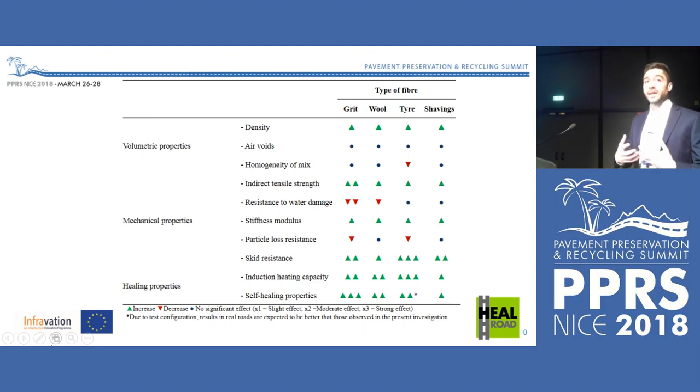The steel grit is like a very strong aggregate, so it's going to behave very well mechanically, but when it comes to the stripping resistance, the adhesion between the metal and the bitumen is not as good as a conventional aggregate, so the resistance to water damage is going to be worse. For this reason, we recommend using this type of metal particles in bottom layers that are more protected from